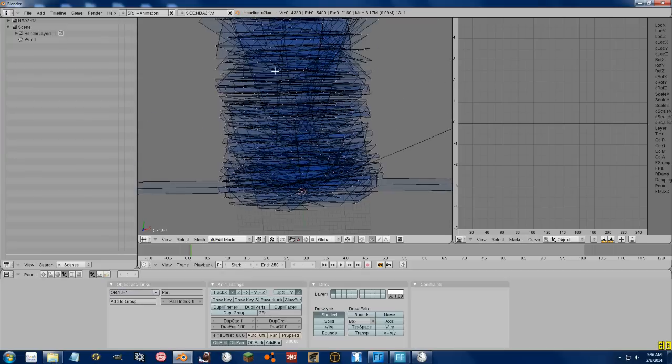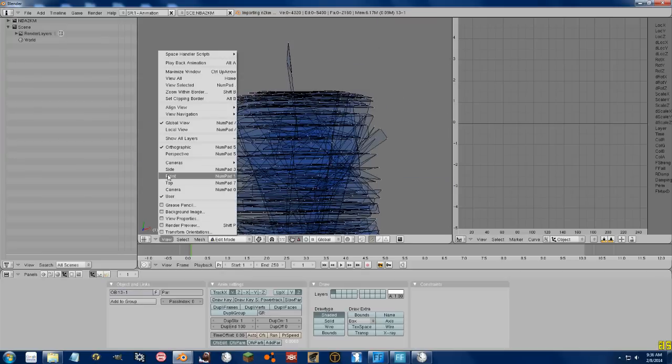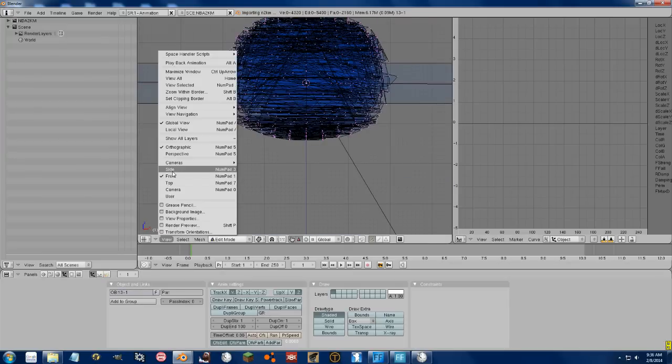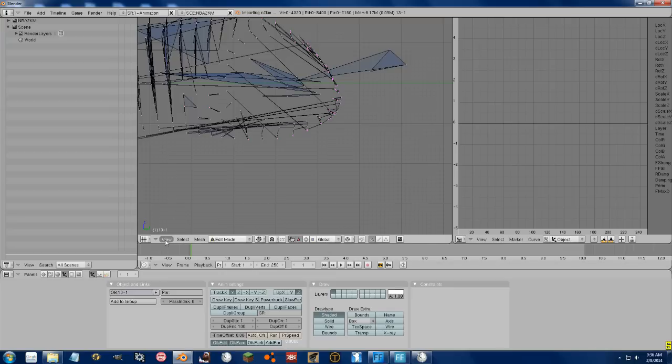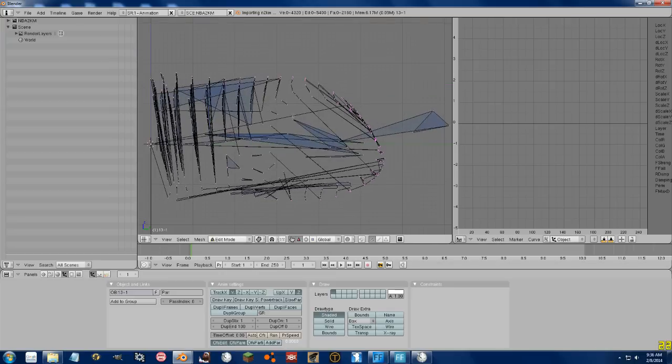So let's say we want to, let's go to View and try to get a good view on this. I don't know, let's do this view, and let's try to make the armbands a little bit shorter. So go ahead and just select through. I just press B twice to select stuff. And we're just going to go around the edge of